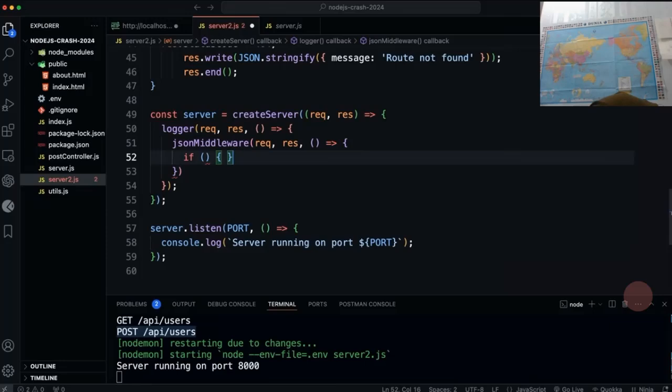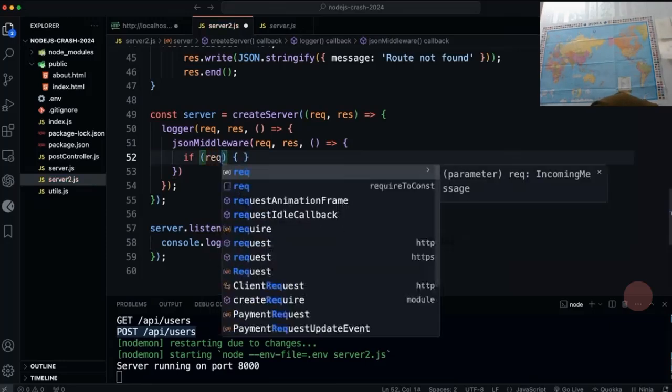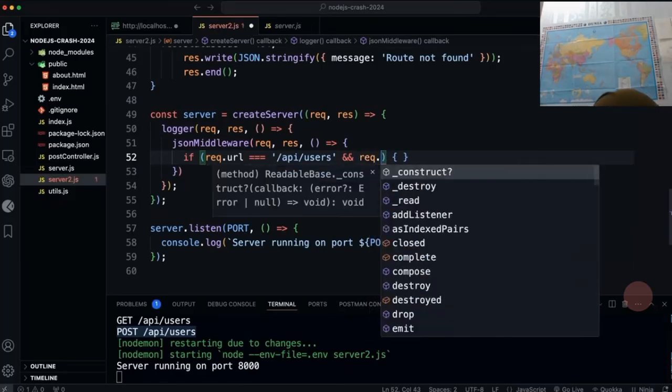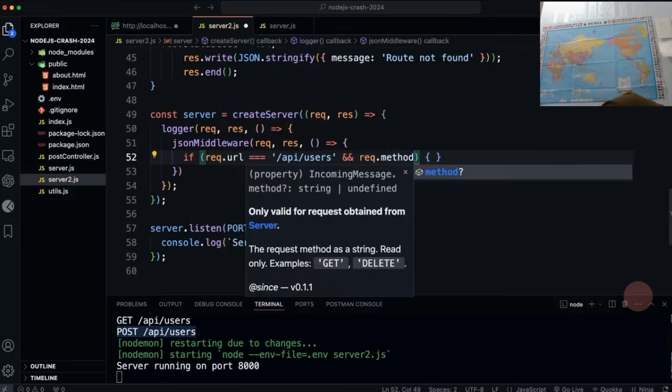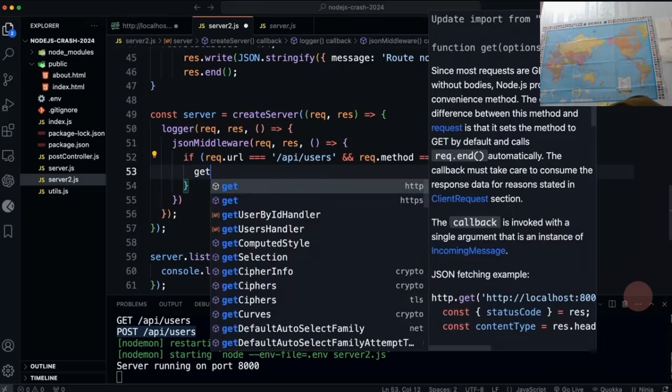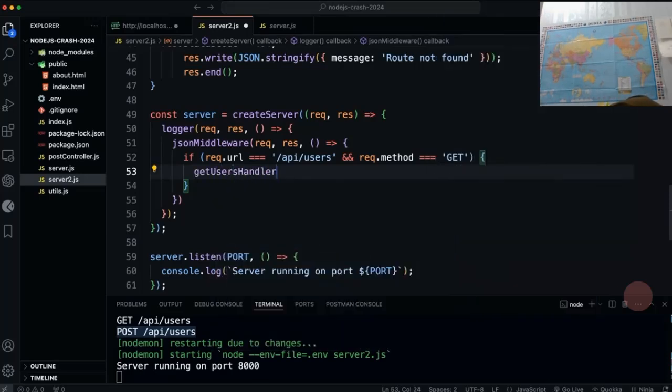So we'll check if the request.url is equal to /api/users, and the request.method is equal to GET. Then we want to call the get users handler. Okay, so this is much neater. Else if,